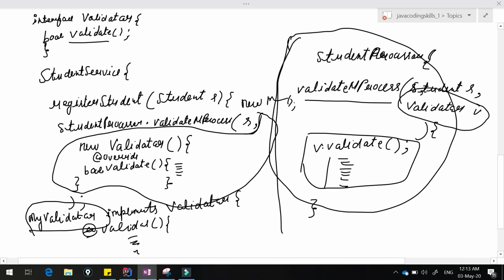Like in my case, registering a student validation might be different, creating an exam might be different. For that variable part, you can introduce anonymous classes, pass that interface reference here, and provide the implementation from the client code. So in future, you should not touch this code.